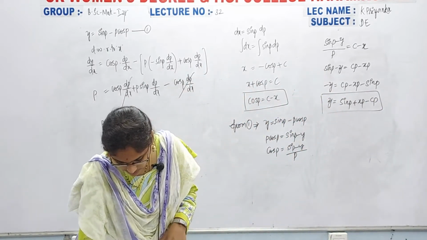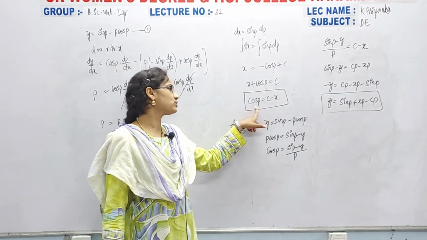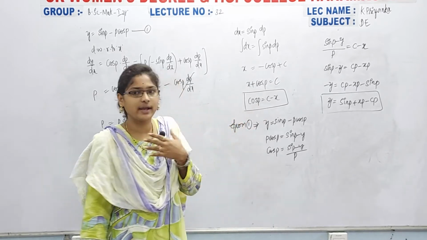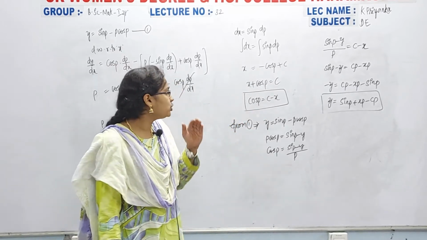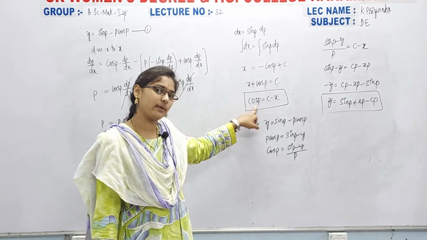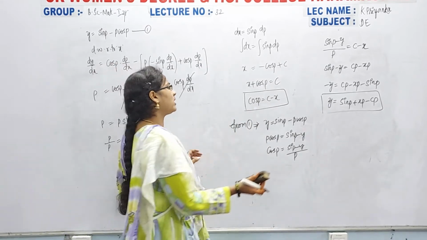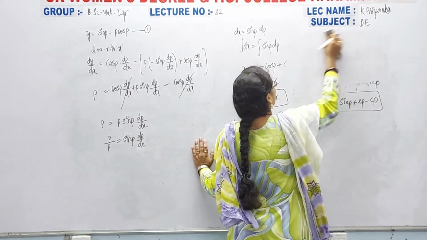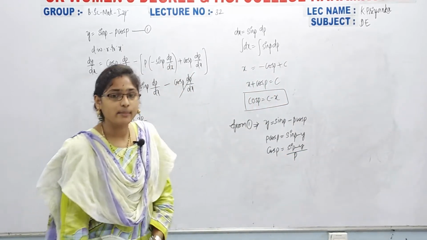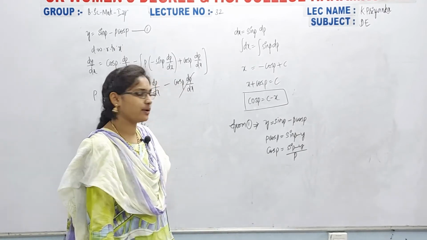So like this also we can calculate, but here I have C minus x equal to cos P. So definitely, if we are able to find the value of P, then we can simply substitute here and write the value. So what is the main procedure? The main procedure is that we have to calculate the value of P. Directly we can also calculate y, but instead I am going to calculate the P value first, and after getting that we will substitute in the required equation.